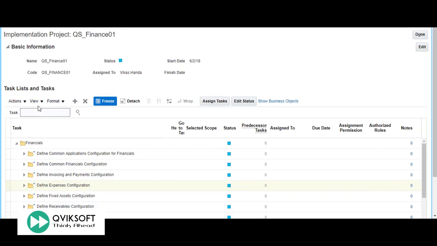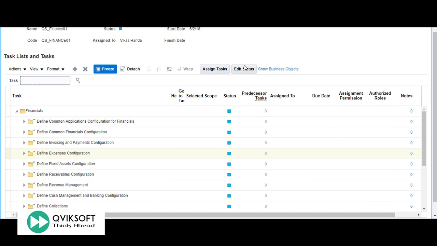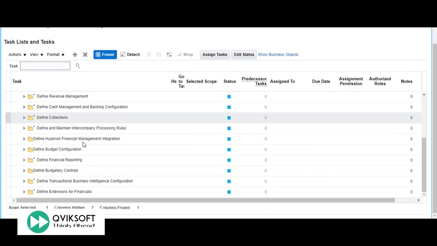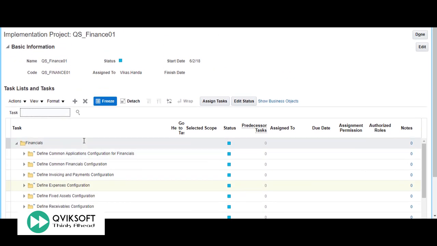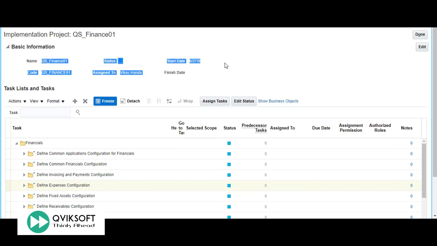So in this example, I've shown you how to create an implementation project, how to select offering and options. And once you select offering and options, it will give you all the tasks which you need to do. You can just follow step by step, all the mandatory ones first, and then you will be able to implement that module successfully. I hope it gives you clarity about what an implementation project is. In our future videos, I'll show you how to use each and every task given here and do the necessary setups. Thank you very much for your time.